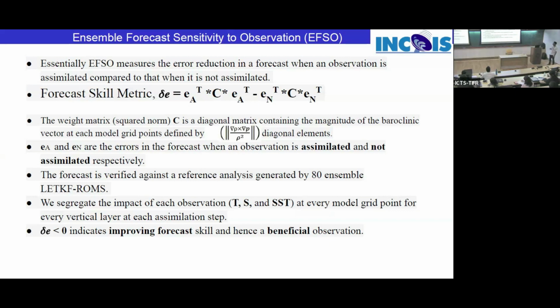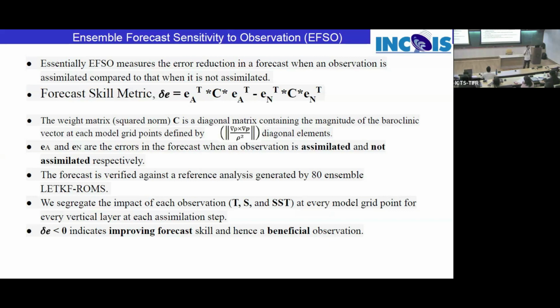EA is when you assimilate that observation, and EN is when you do not assimilate that observation. When your delta E is negative, this signifies that your forecast skill has improved. So you will get a delta E for each observation,